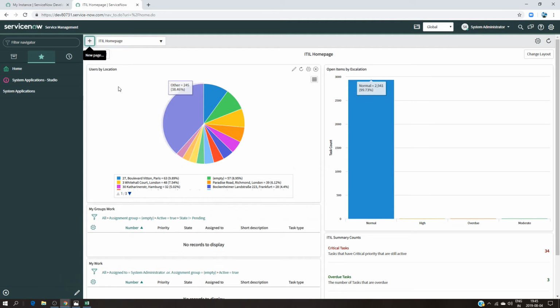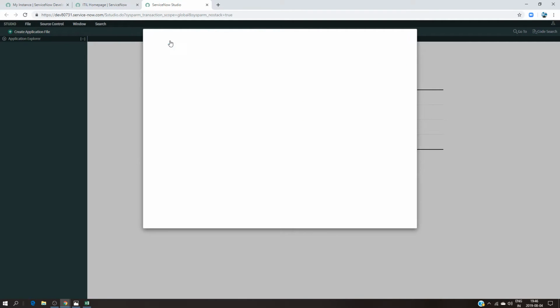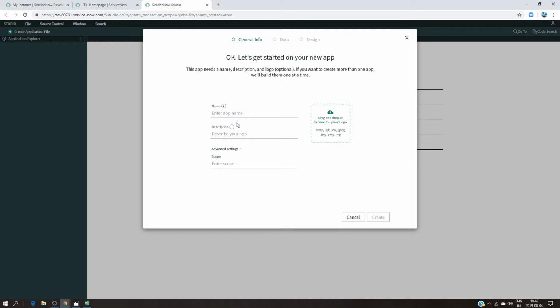So now let's get started creating our application. Under system application, you have to type system application and then choose studio. It's going to open the normal page that you used to have, and click on create application file. Here you go. You have a new interface where you first enter the application name. I'm going to put generic, and it's asking for the description of your app. It's not really going to do something specific. It's just to explain how the access control works. I'm going to type ACL